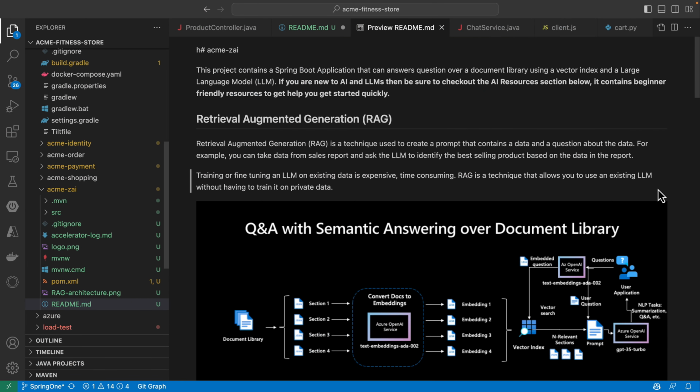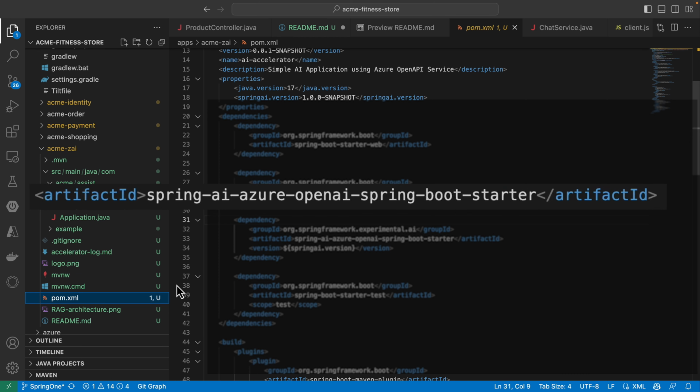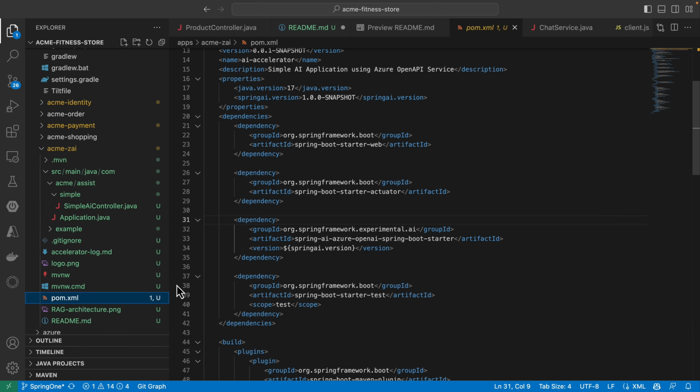I check the accelerator's README instructions. I need to use the Retrieval Augmented Generation method. There's a helpful diagram and links to learn more about AI. This guide seems perfect. Let's see what's in the code. Interesting. This pom.xml file has a Spring AI Azure OpenAI Spring Boot starter that will auto-configure the Java client for